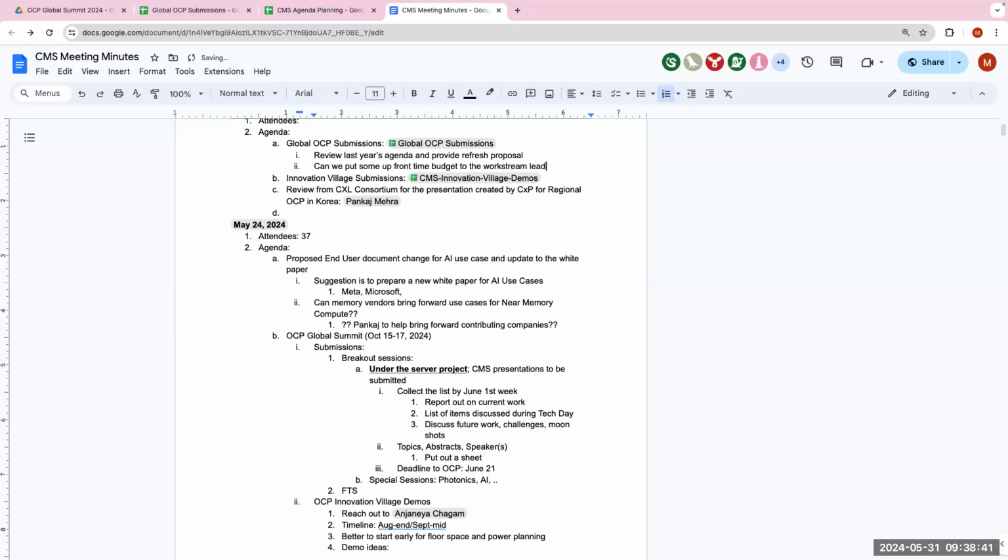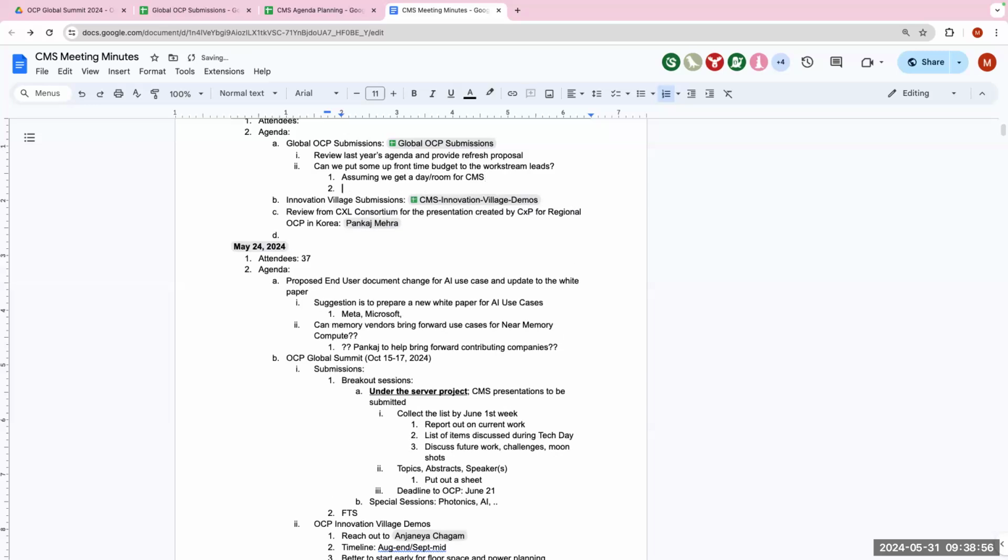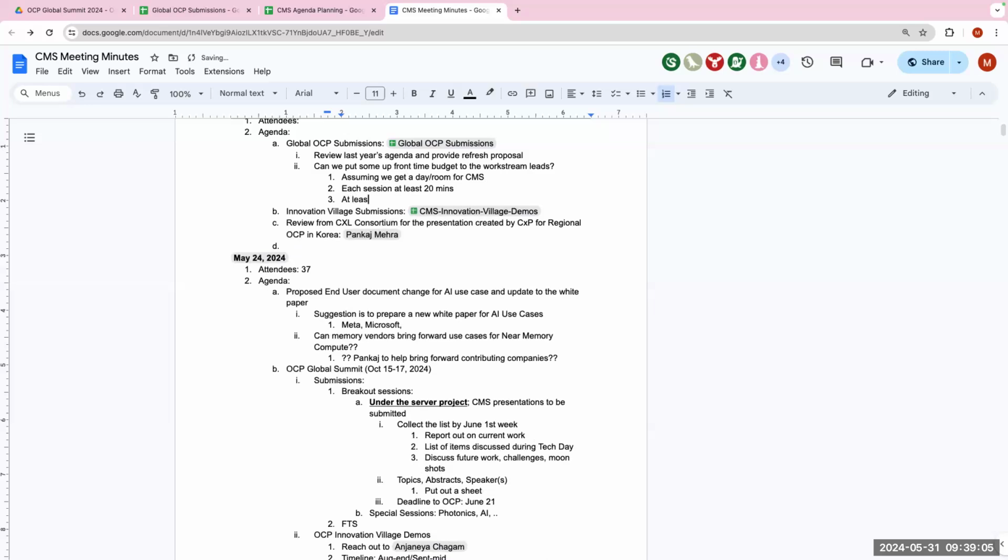Yeah, the OCP team normally wants each session to be a minimum of 20 minutes. And we ended up picking mostly 20-minute sessions. Then I think a couple of them got 5 or 10 minutes extra, like the panel, as an example. So if you can plan, and you can have multiple sessions, Pankaj, it doesn't have to be only one. If you can plan around 20 minutes, typically 2 presenters, and we have done 3 presenters too, 2 to 3 presenters, 20 minutes as a starting point.